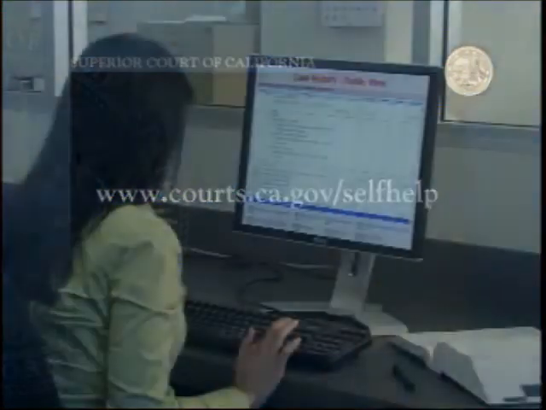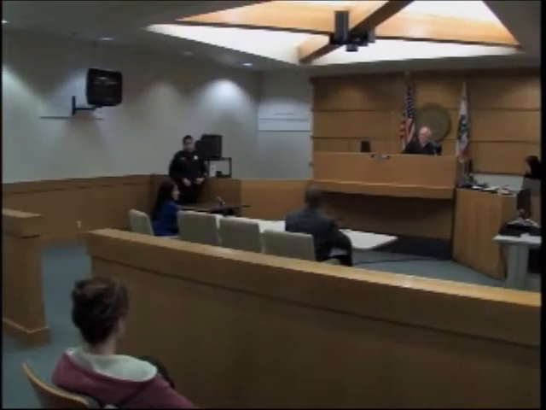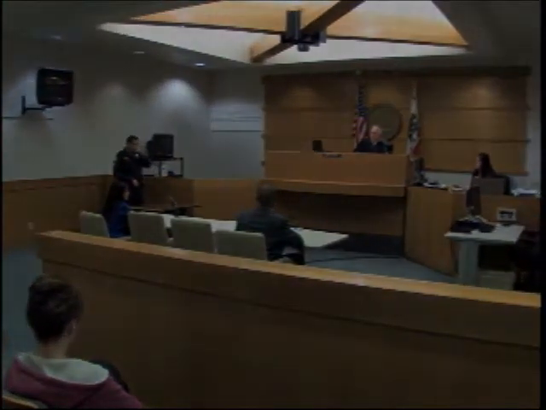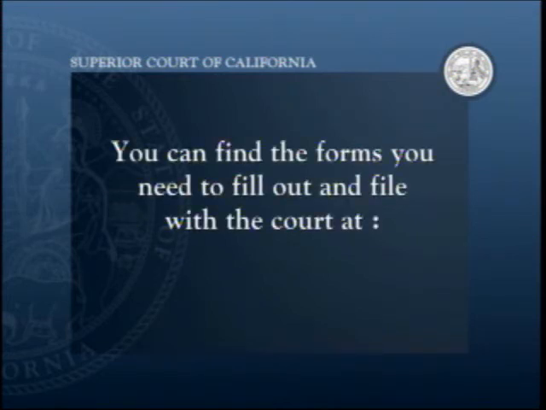www.courts.ca.gov/self-help. On this website, you can get more detailed information about small claims cases. You can get help writing a letter to the person who owes you money, receive assistance filling out the small claims forms, and find links and information to your local court. You can find out about the small claims advisory services in any county by visiting www.courts.ca.gov/self-help. You can find the forms you need to fill out and file with the court at